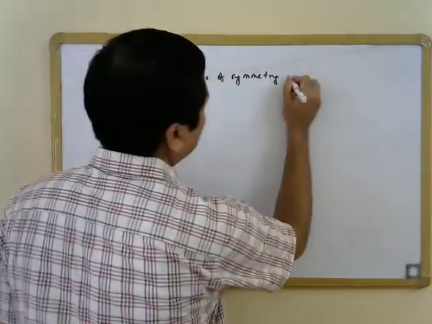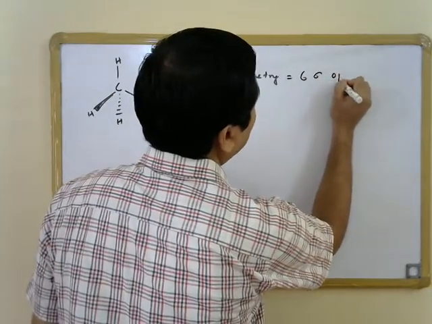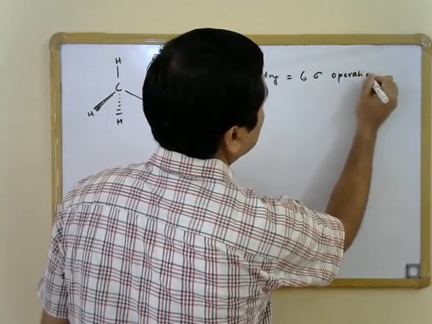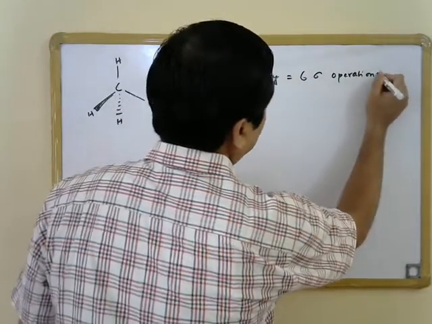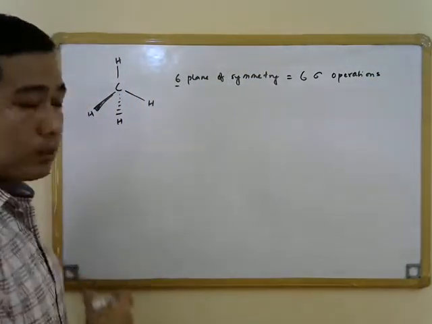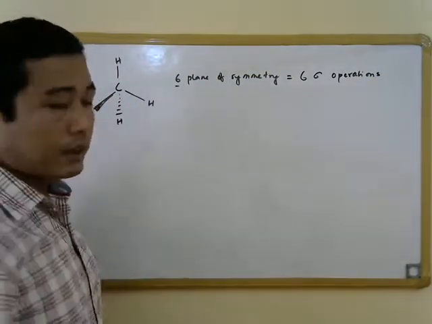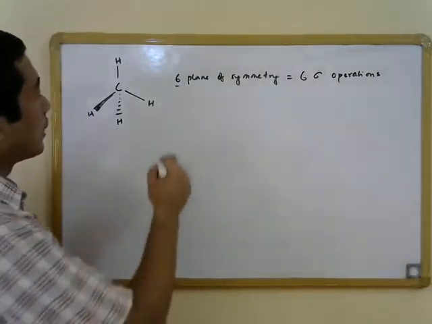That is, there are a total of 6 sigma operations in the tetrahedral molecule. There is no center of symmetry in the tetrahedral molecule,